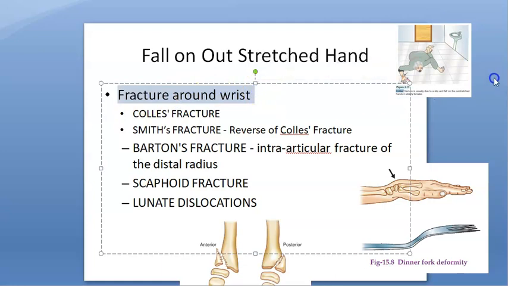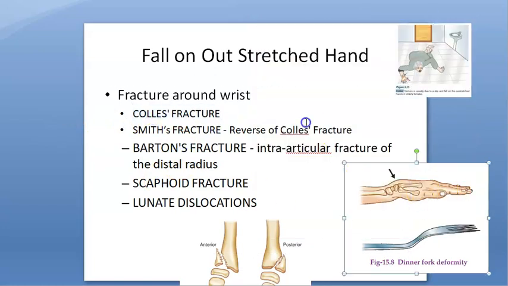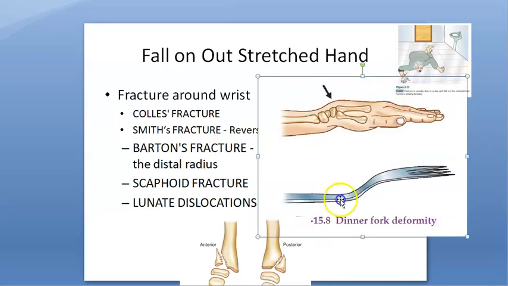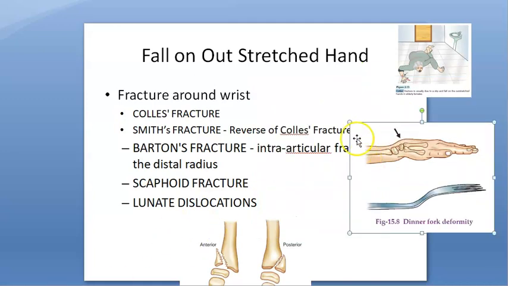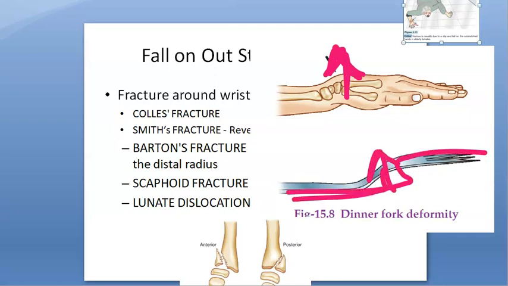Then after that what will come? Wrist, obviously, fractures around the wrist. Especially this you can see in elderly women after menopause, they will have osteoporosis. So Cole's fracture, what will you see? You will see this type of dinner fork deformity. So what displacement is there here? Dorsal shift, right? Dorsal shift, dorsal tilt, right? Radial shift, radial tilt. Dorsal shift, dorsal tilt, and proximal. That's why there will be dinner fork deformity. Dinner fork deformity will be there in Cole's fracture.